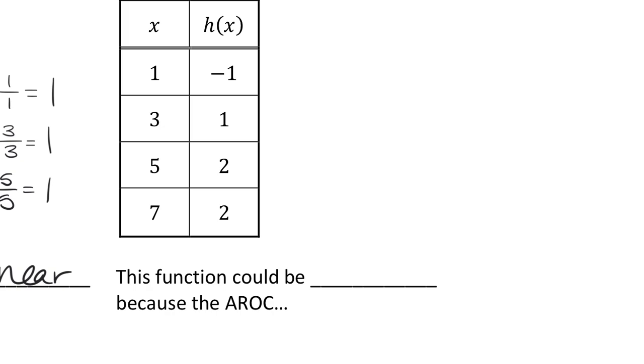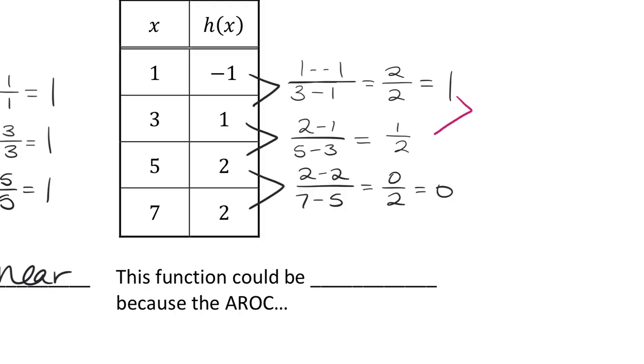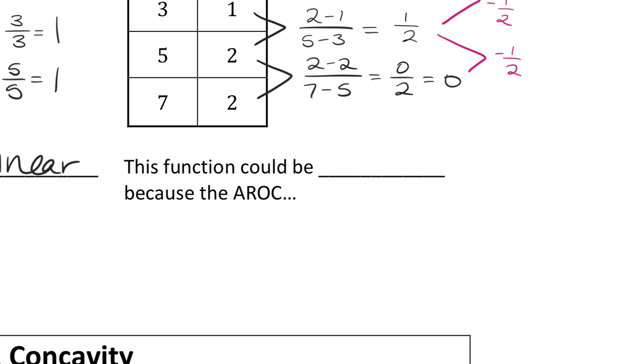The next question is, would this be quadratic? Let's check. If we go from 1 to 1/2, how did I change? Minus 1/2, right? How did I go from 1/2 to 0? Didn't I minus 1/2 again? So the change in our rate of change is actually the same. If the change in our rate of change is the same, what does that mean for our function? That means that our function is probably quadratic, because that second difference, or the change in the rate of change, is all the same. So we're going to say the function could be quadratic because the average rate of change